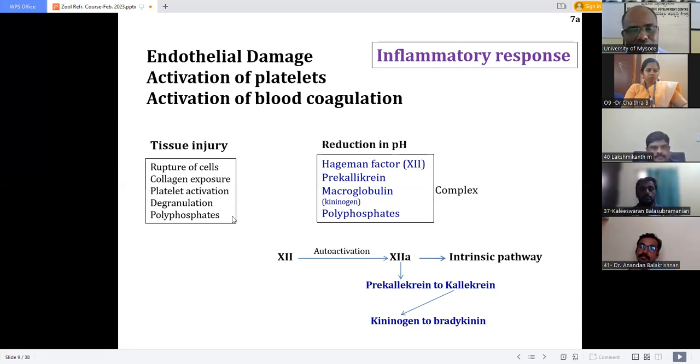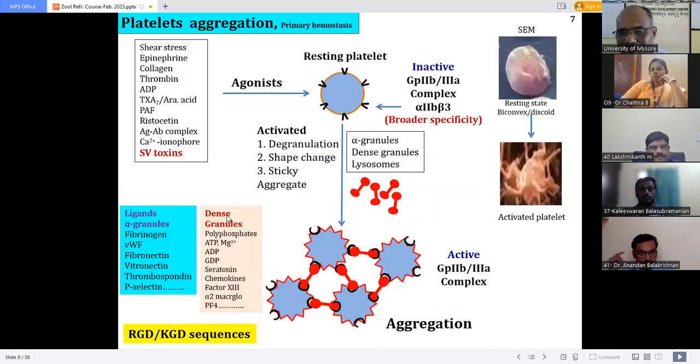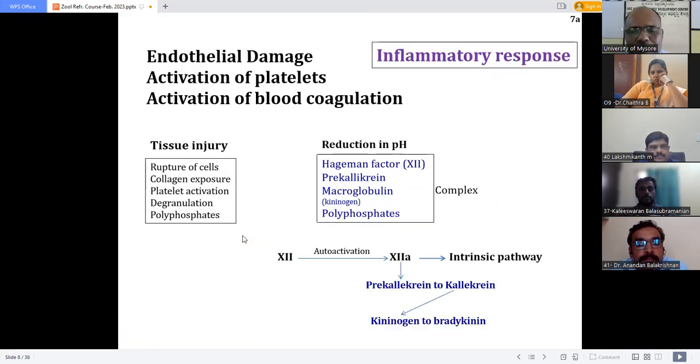Degranulation results in the release of so many things. Several ligands are released. See, these are all ligands released. Several components are released. See, polyphosphates are released. Polyphosphates, I don't know whether you have heard of or not. Polyphosphate is simply inorganic phosphate linked through anhydride bonds. So it's a chain of phosphates. In one chain, there could be 50 to 100 phosphates linked, forming a polyphosphate, and